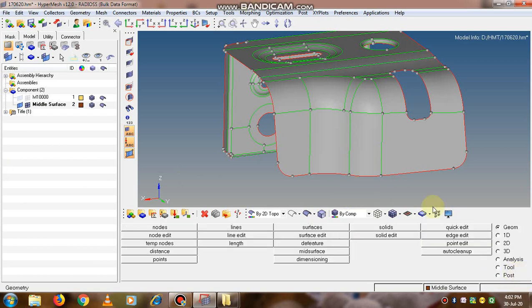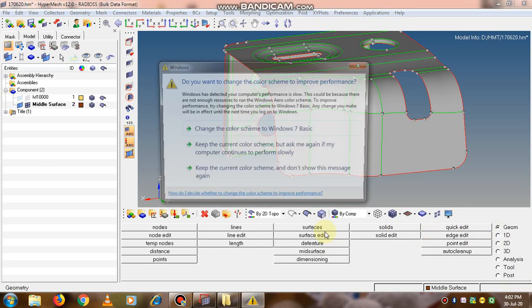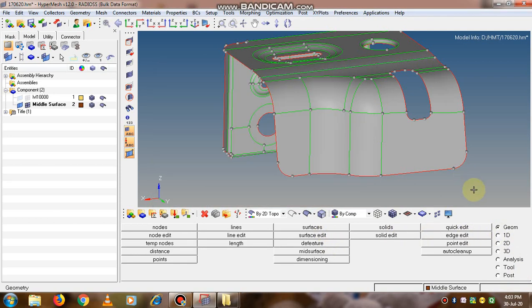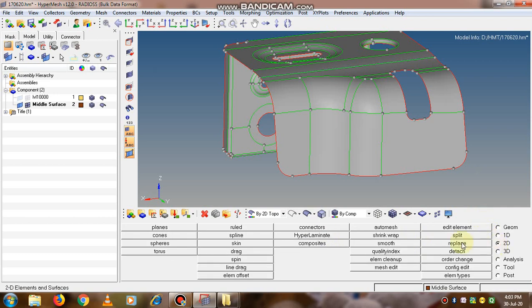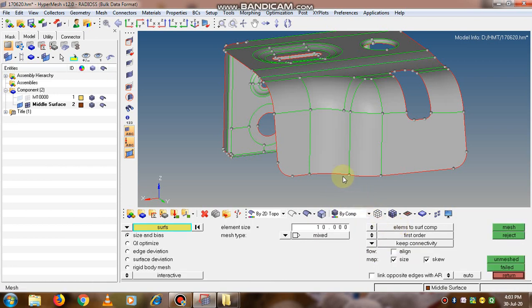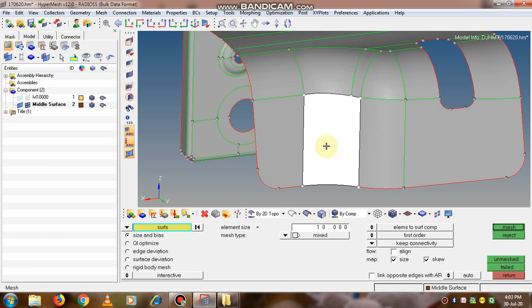Now to generate a 2D mesh, on the main menu, the geometry option is on. So we need to go to this option, that is 2D. For 1D operation we go into the 1D tab, for 2D we go to the 2D tab, and in 2D click on this option, that is auto mesh. This panel will get open. Here this is a surface option, so surface elements. First we need to select the surface, click on the surface where we need to do the mesh. It will appear in this white color.